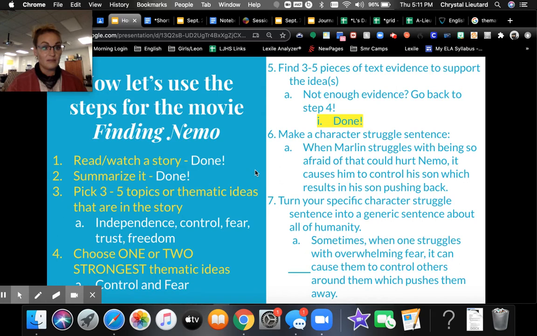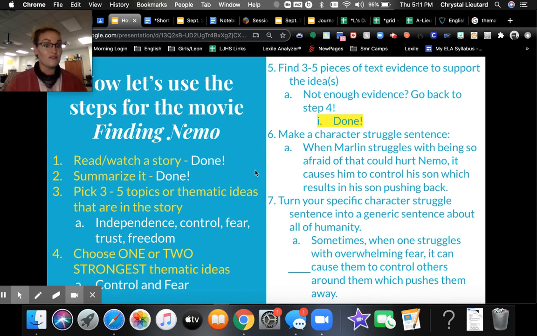Okay, Marlin, Nemo's dad, loses his fishy wife and almost all of his fishy babies at the very beginning of the movie, except this one little fishy baby that got a little crack in its little egg, and that's Nemo. So because of this, he freaks out and controls Nemo's whole life. Nemo kind of pushes back and goes and touches the butt of the boat, and that's how he ends up getting scooped up and taken off, which leads to the finding part of Finding Nemo when Marlin journeys to go locate him. Okay, basic summary, not awesome, but that's my quick summary.